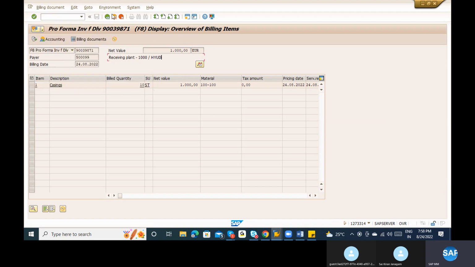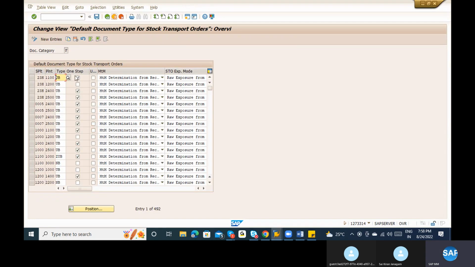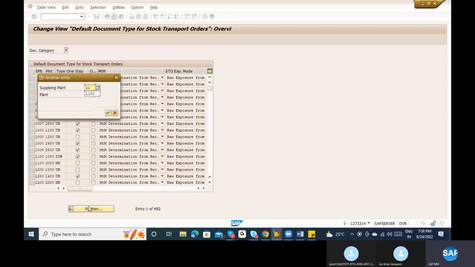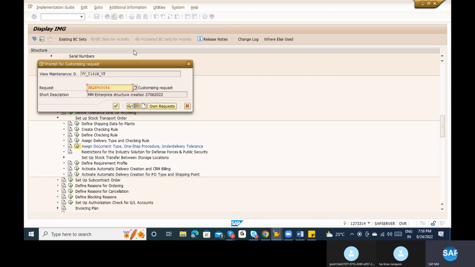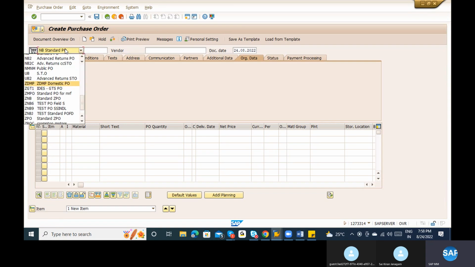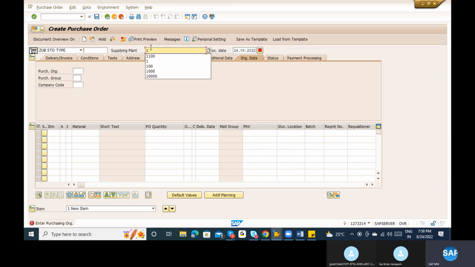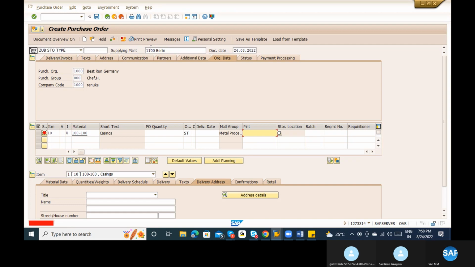Okay, and now the same process we'll do for the two-step procedure. I'm just removing this one, 1100 and 1000. This combination, I'm just removing the one-step procedure. Okay, now I'm planning to do the two-step procedure. Okay, let's quickly create the PO. The first step is PO creation, STO creation, ZUB document type, supply plant is 1100, and purchase organization and other details we need to enter, and item category U, and material number, and here